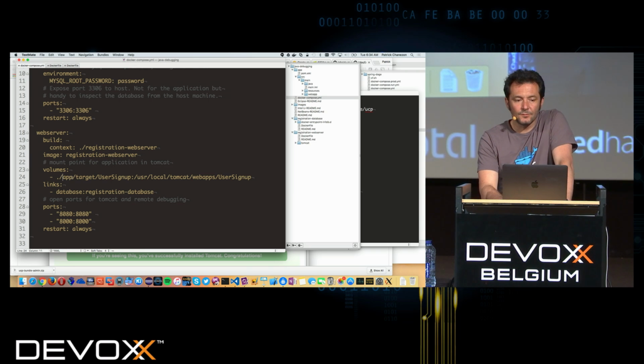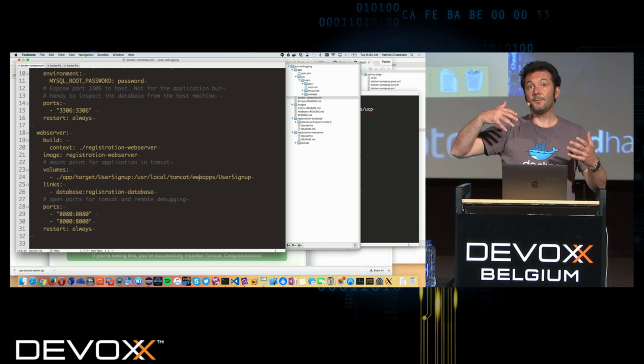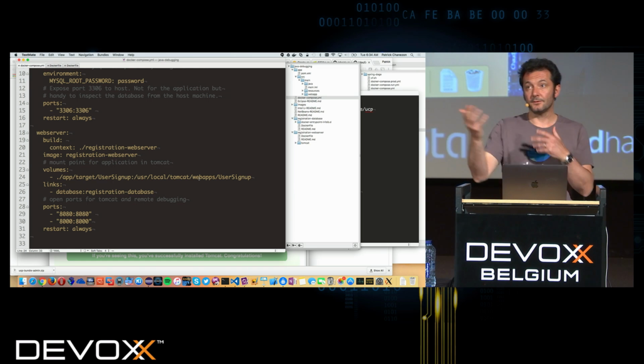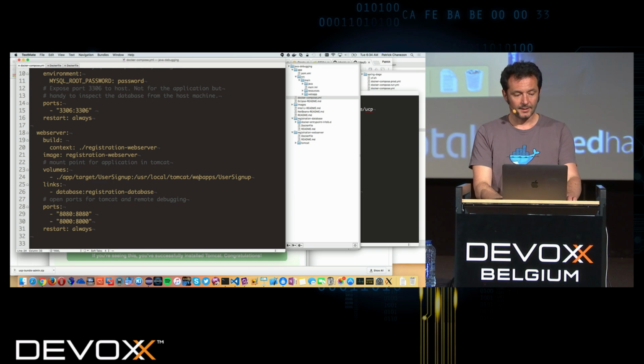So what you do is mount app/target/usersignup, where Eclipse is compiling your classes, into the Tomcat webapps directory. Tomcat is going to effectively serve your app, and every time you recompile something, it's going to change it, and that allows you to debug it on port 8000.